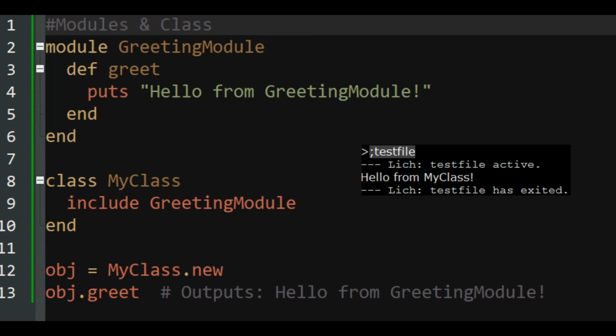You can use a module within a class to add its methods. This is good for organizing code into reusable pieces. So we have module GreetingModule, def greet, puts hello from greeting module, end, and then we have our class, MyClass, include GreetingModule, end, then object equals MyClass.new, and then object.greet. That's going to put hello from my greeting module. In this example, GreetingModule defines a method called greet, and MyClass includes the GreetingModule, so now MyClass objects can use the greet method from that module. By including a module, you can extend the functionality of your class with methods defined elsewhere, making your code more